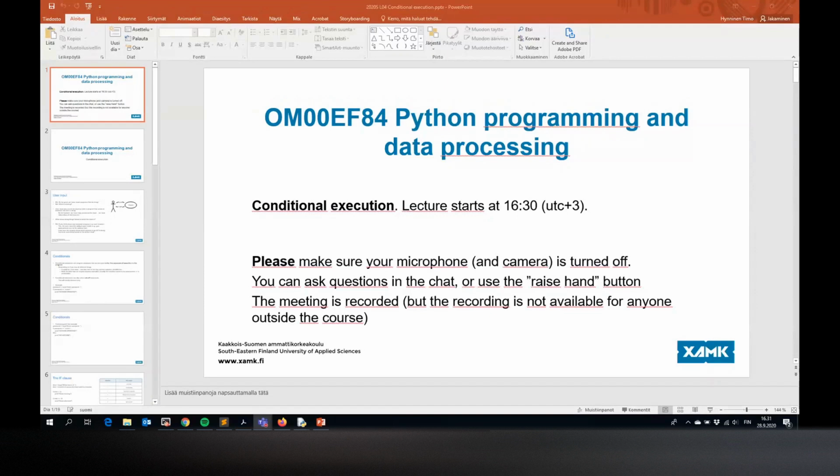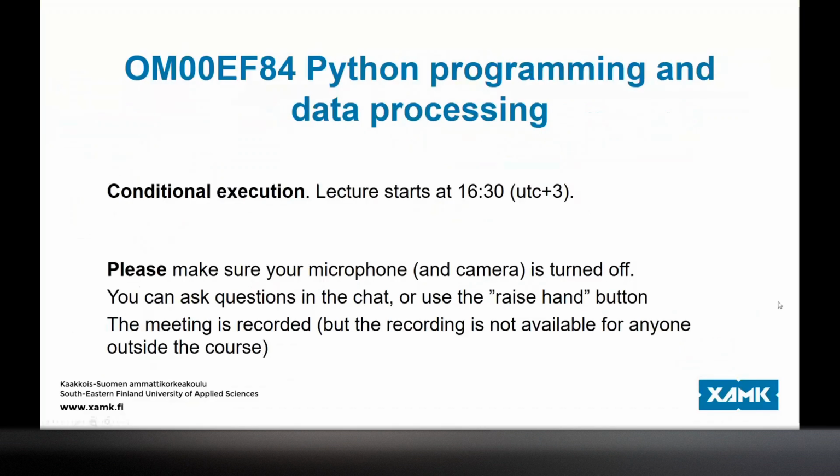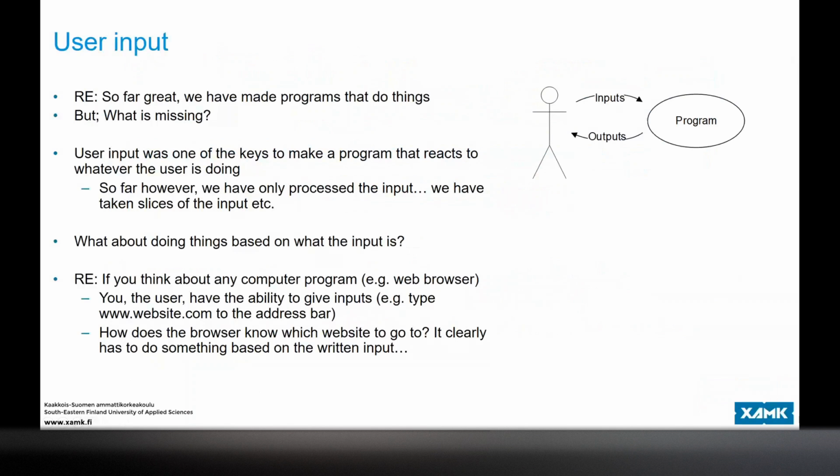Conditional execution. Conditional execution is a fancy way of saying how to make your programs contain some logic. More or less all the real functionality that you see in computer programs is done by using some sort of conditional operations. So if we take this example of the web browser once again,